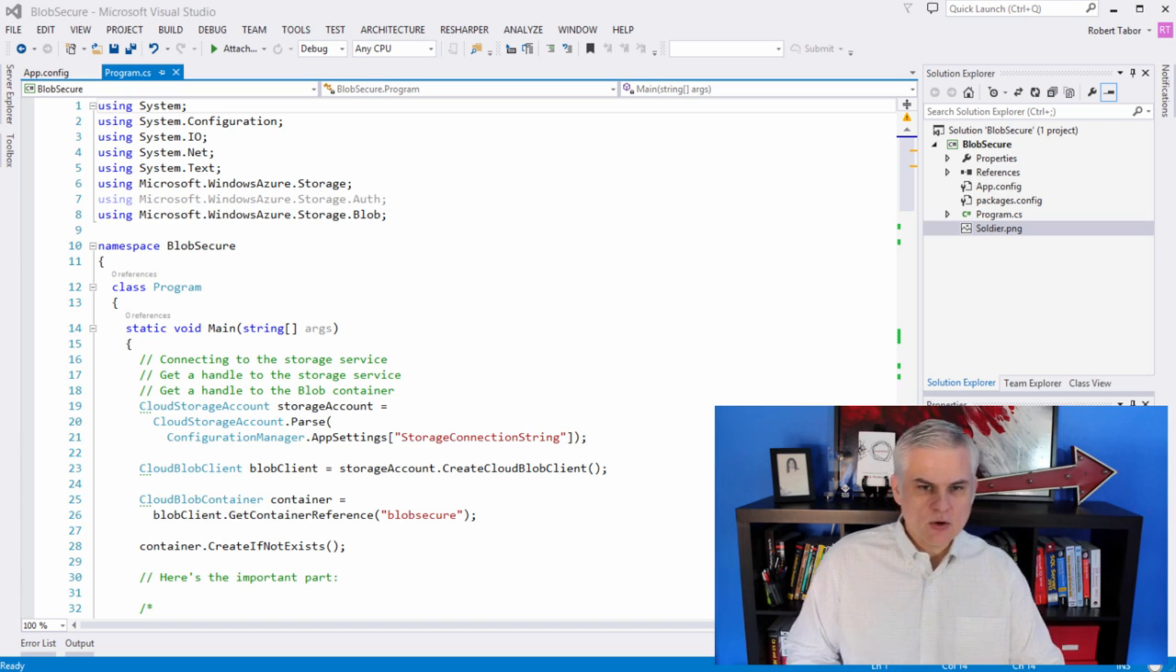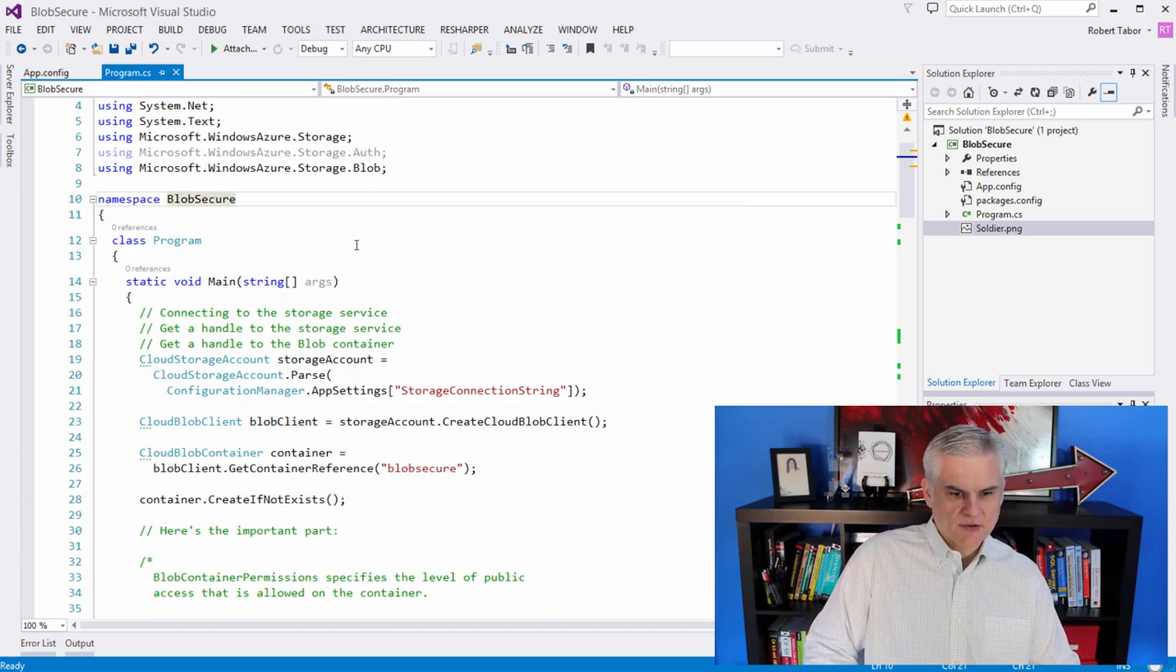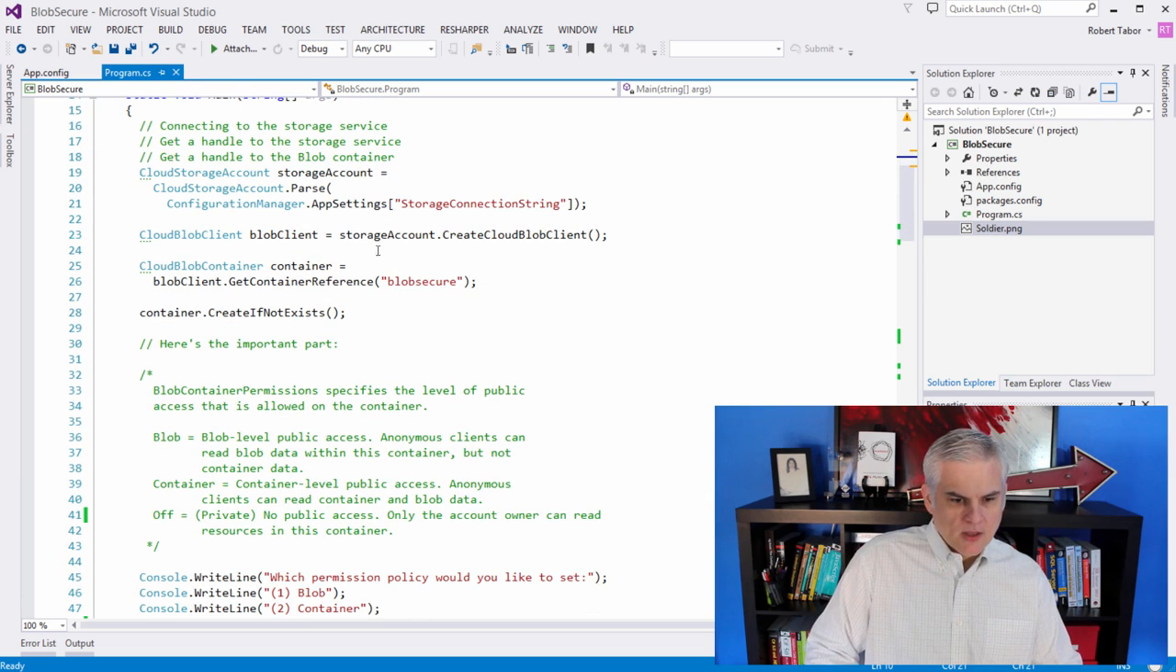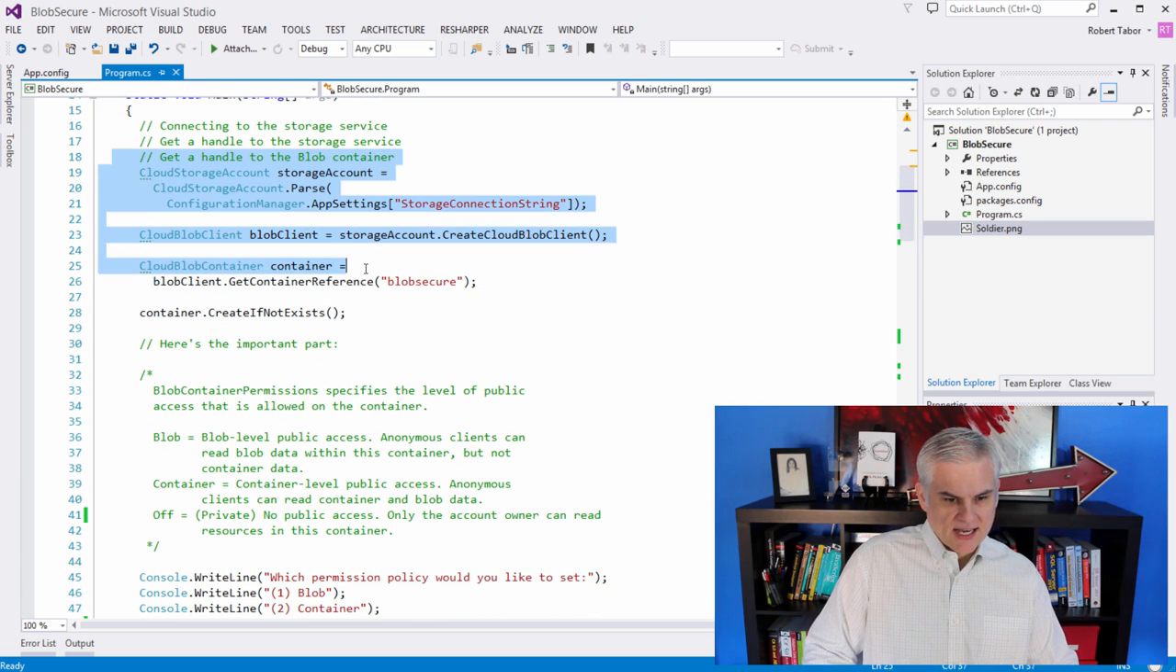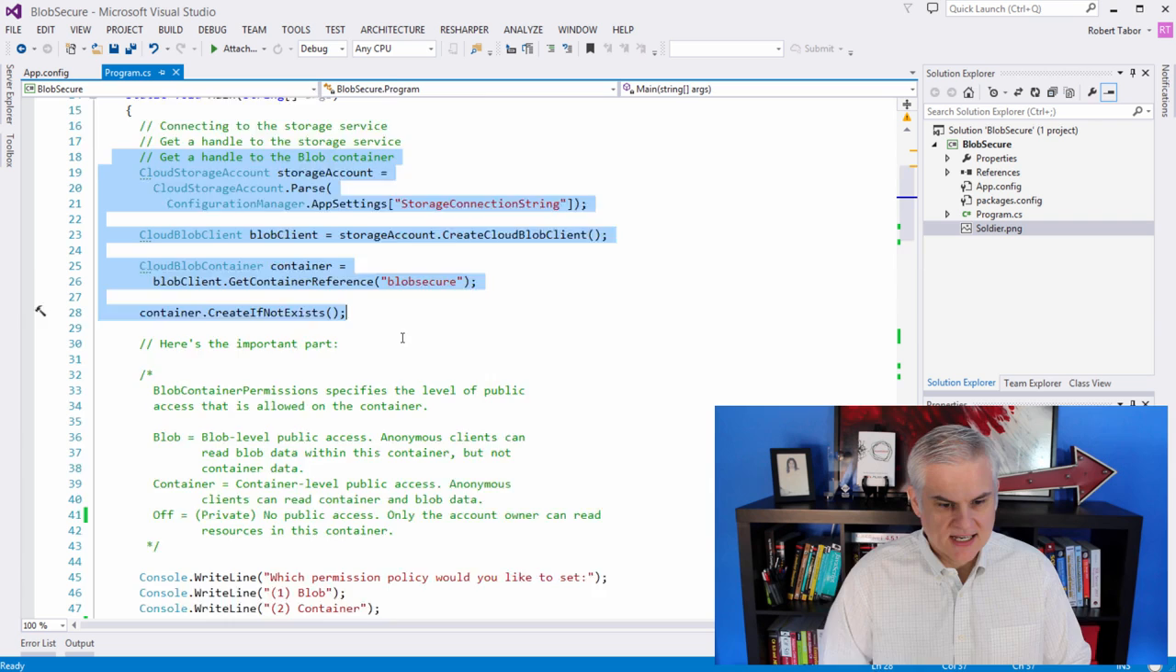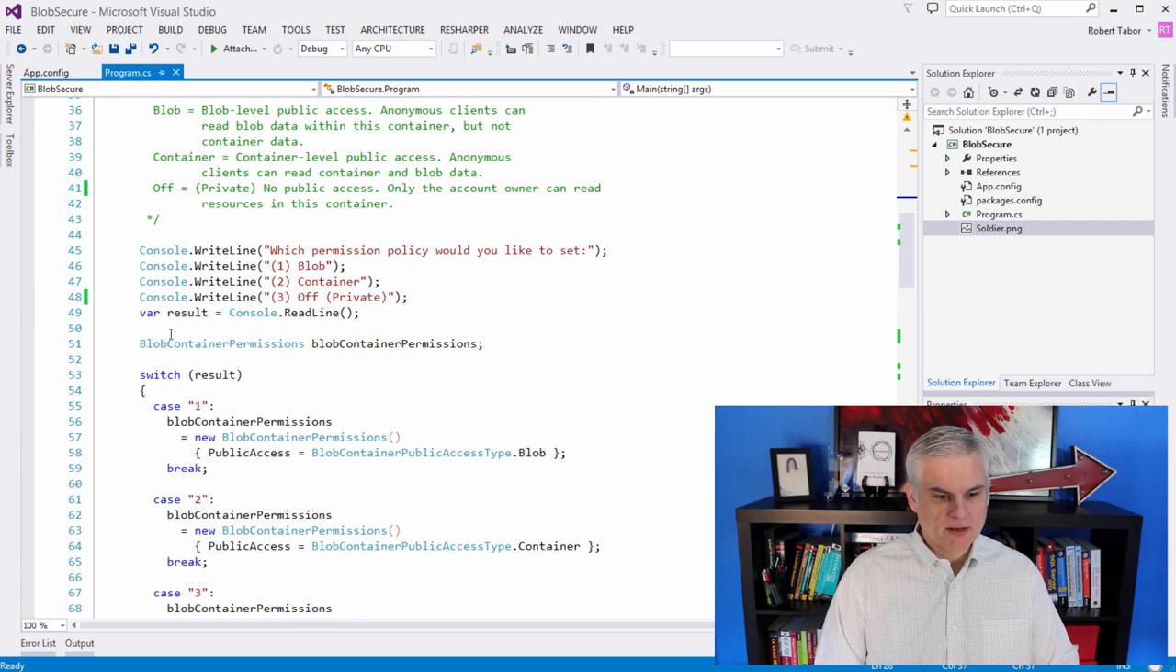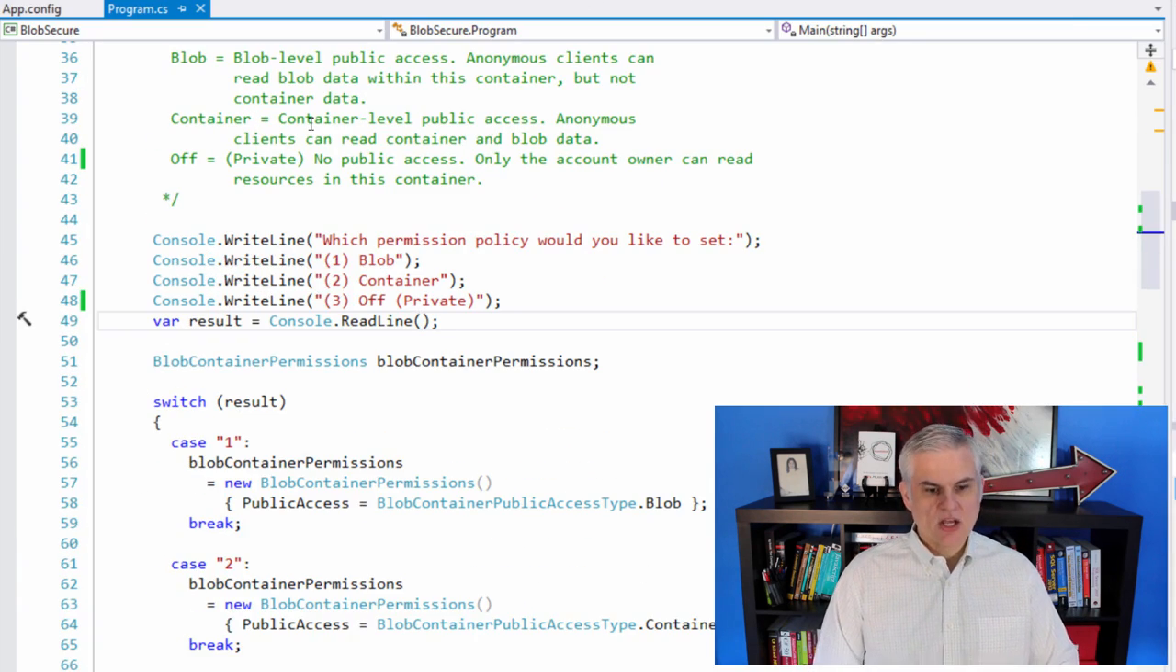Okay, so let's take a look at this code example that I've created. Very simple. A lot of this you're going to recognize. Here we're going to just get a container reference and then start working with a blob. I'm going to pop up a little menu that asks, what would you like to do to the specific container that we're going to work with here? Would you like to set it to blob,